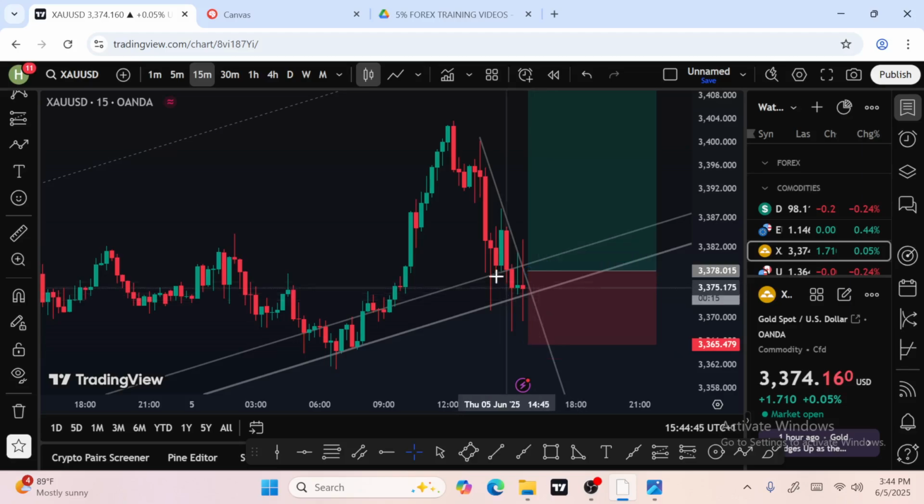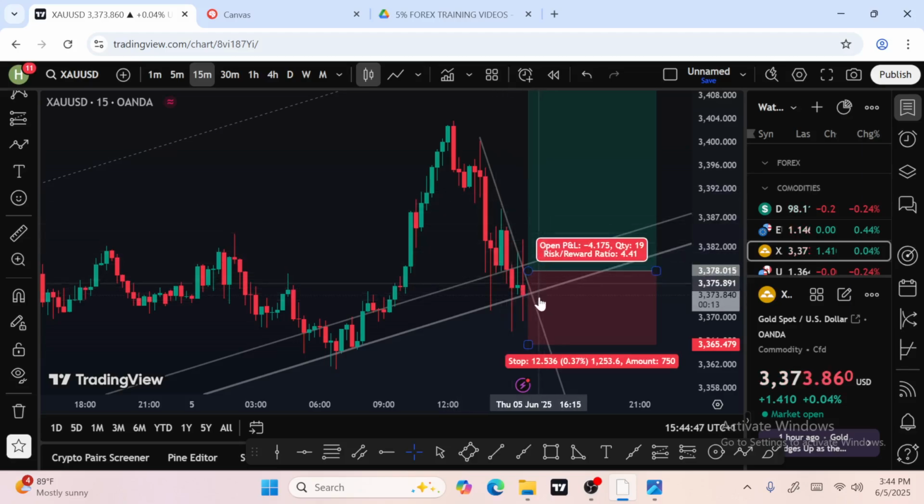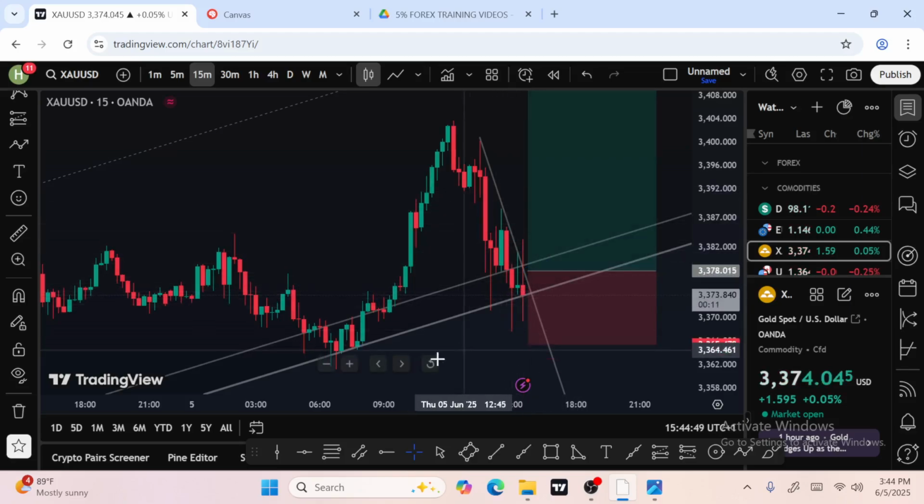Now, if it breaks out, boom, you are expecting that a retest will happen. Is that not so? And what did I tell you about entries? Once you see a breakout, boom, you can enter with a small lot size. But when you see the next candlestick is probably a retest, then wait. But if you see the market is going up again, you enter again with your normal lot size, because you know the market is going all the way up.